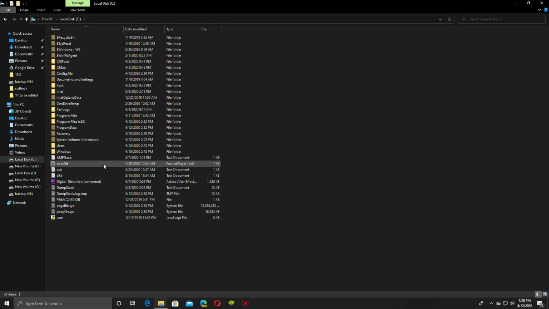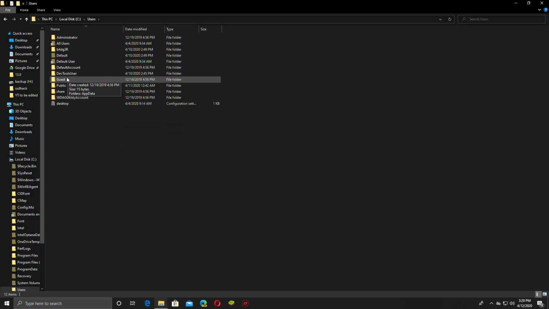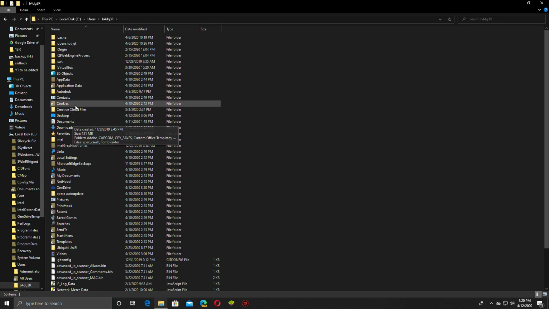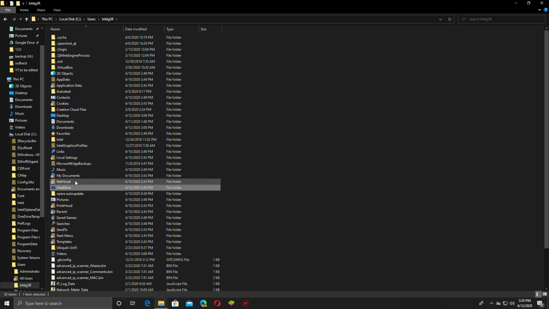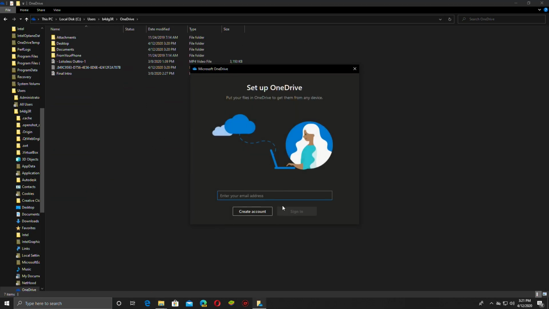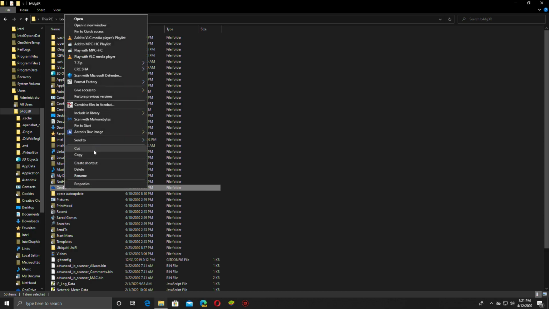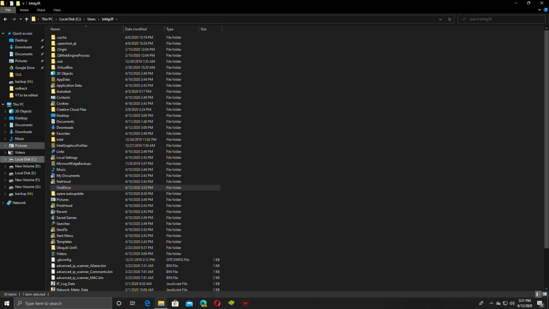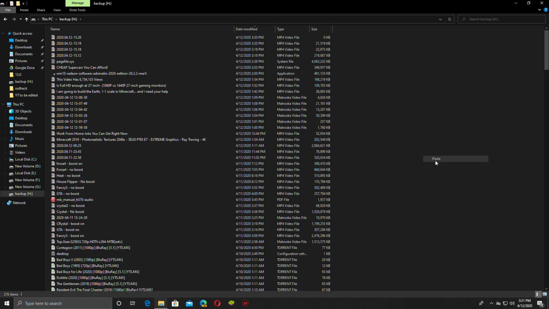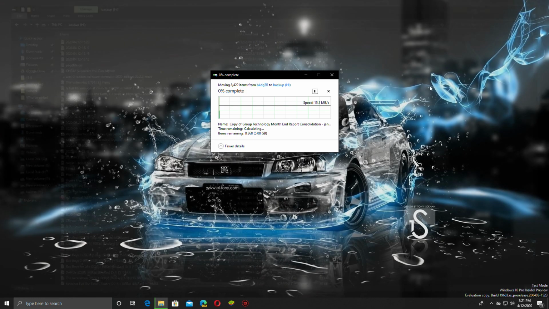and then go to your OneDrive location, which is usually C users, your username, and then you'll find OneDrive in there. Okay, so you can see there's my old OneDrive. We right click it, say cut, move it to its new location, paste it there,